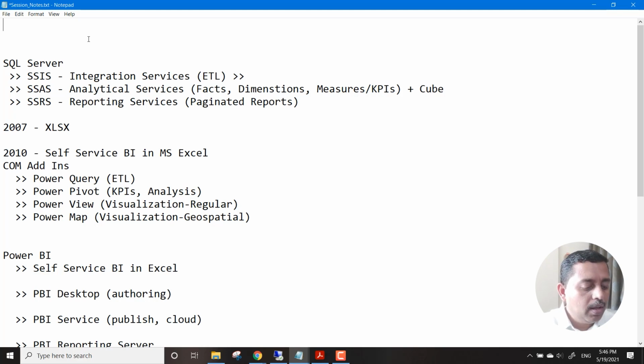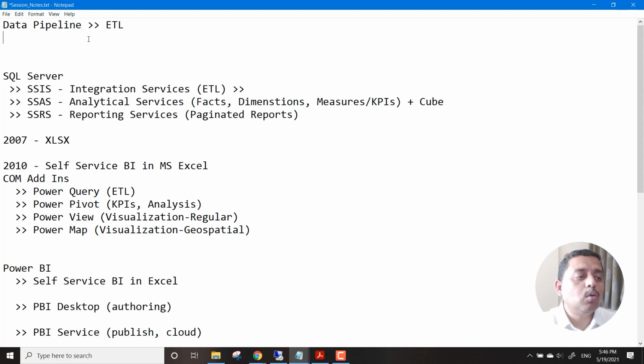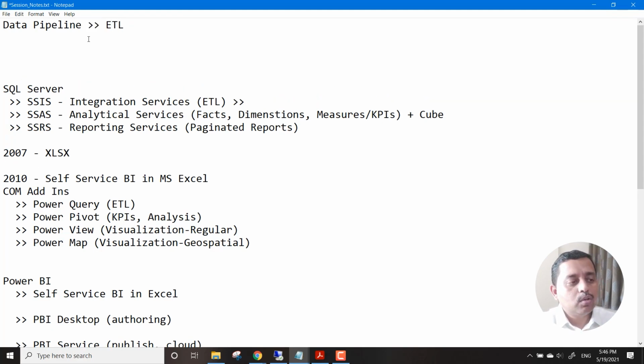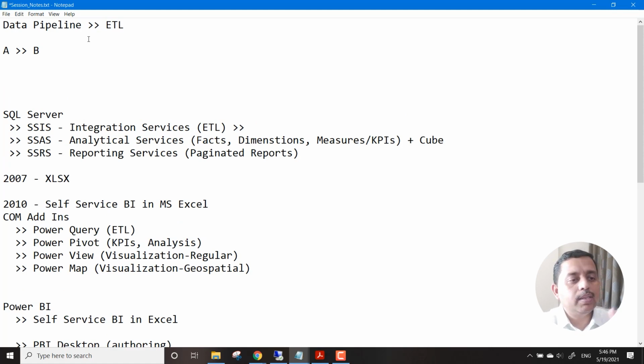So first of all, at the top, we need to understand how the data pipeline works, maybe. So we talk about the data pipeline, and ETL plays an important role over here, right? Suppose we have to move some data from point A to point B. How does this entire pipeline work?